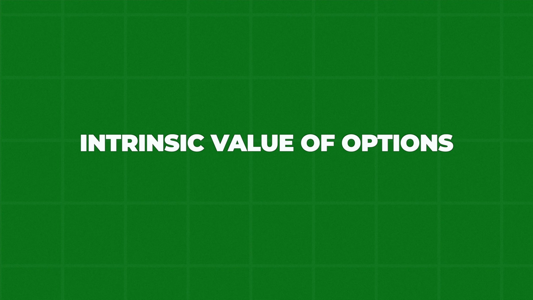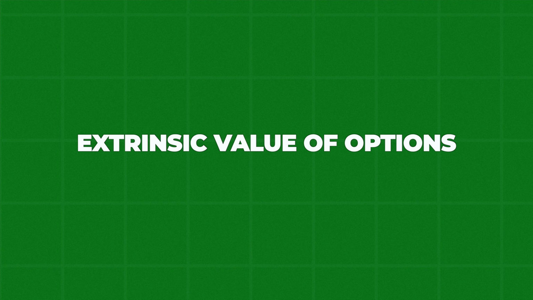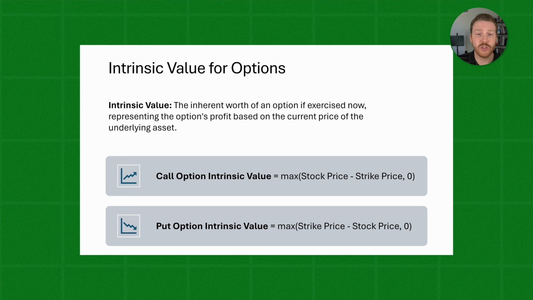Let's talk about the difference between the intrinsic value of options and the extrinsic value of options. Let's just start off with the definition of the intrinsic value, which is the inherent worth of an option if exercised now, representing the option's profit based on the current price of the underlying asset. This takes out the time component entirely and just zooms in on, if we were exercising right now, what would